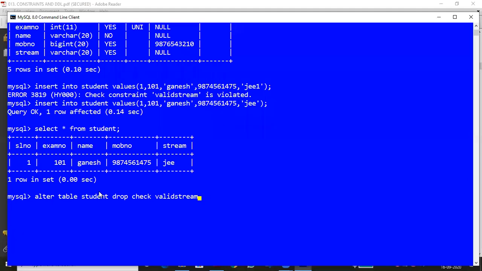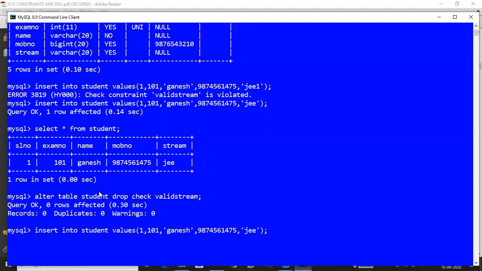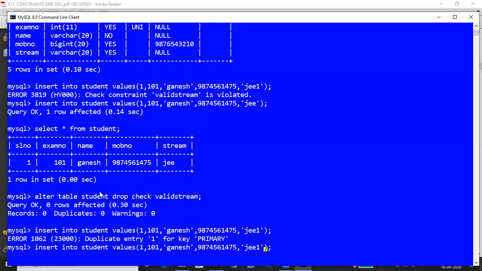Now it will accept whatever value. I will show that. Insert into, JE1. Now I am inserting. It will accept it. Oh, duplicate, because we entered the same value. Because of the primary key, we already entered 1, so again we cannot enter 1.